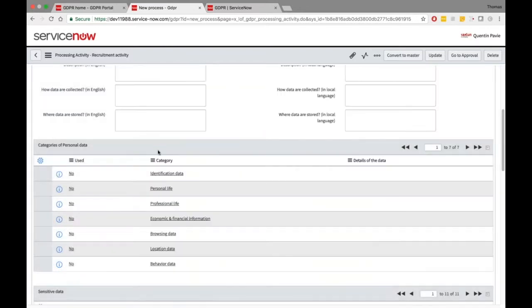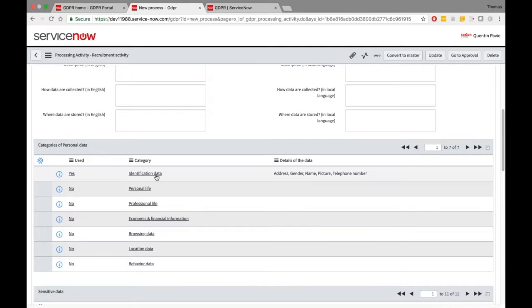I will now update this record as part of this processing activity. As you can see, it changes live and tells you that yes, you have identification data for this processing activities, being the one that we just selected. It works exactly the same way with the other categories, so I'm not going to show you for each one of them,